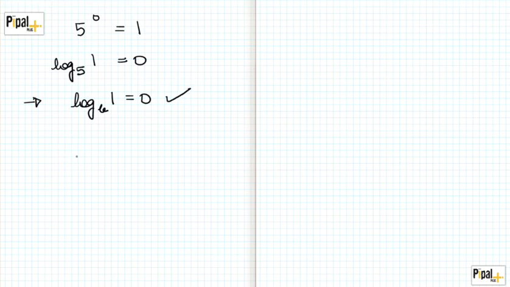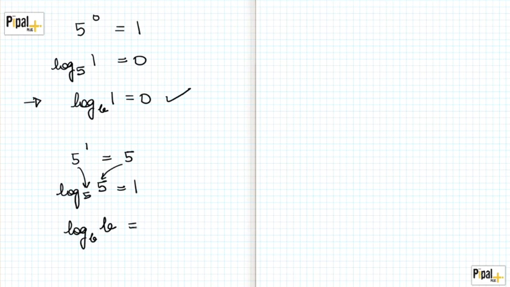The other important result is 5 to the power 1 is 5, the number itself. Which means that if I take the log with base 5 of 5, I get 1. The result that I get from here is that log base b of the base itself will always be 1. So simply put, you take any base, the log of 1 will be 0. You take any base, the log of the base itself will be 1. This means that log of base a,